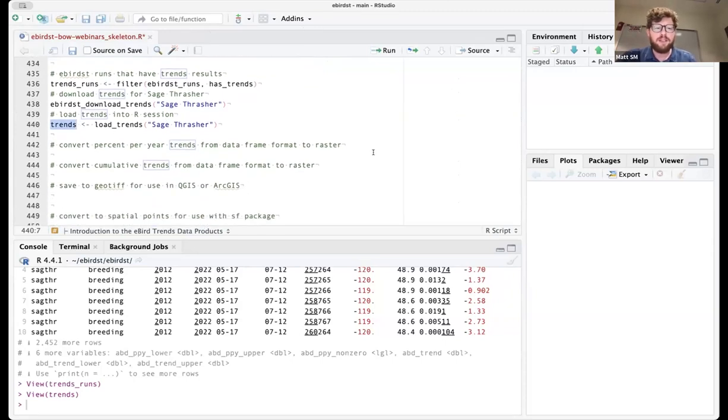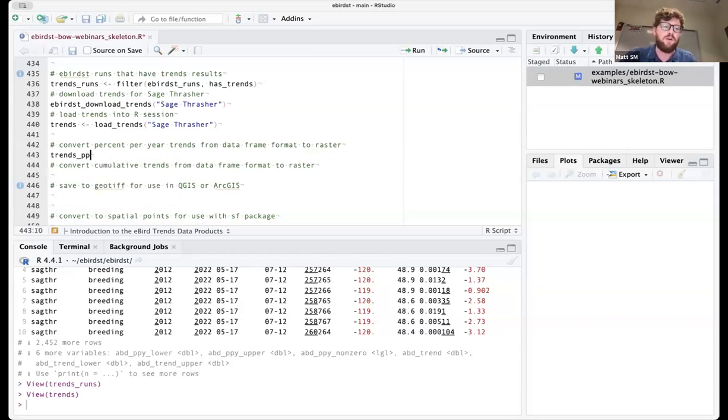So before we get into some applications, I thought I would show you, oftentimes folks want to basically take this tabular form of the data, convert it to some spatial form, and then pull it into ArcGIS or QGIS. And it's pretty easy to do that. We actually have to convert to a raster format. We have a function in the ebirdst package that will basically do that for you.